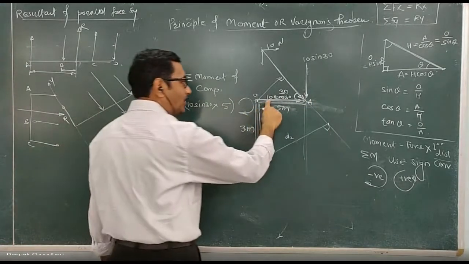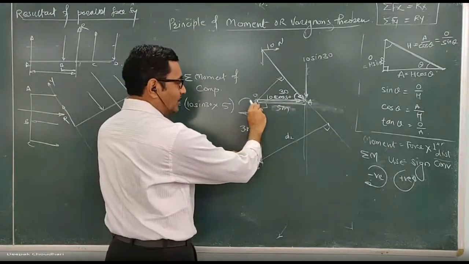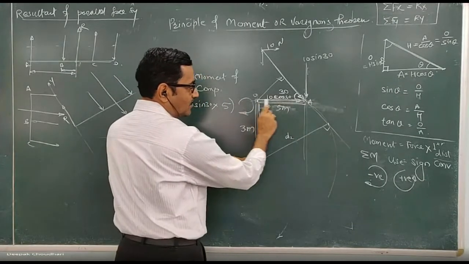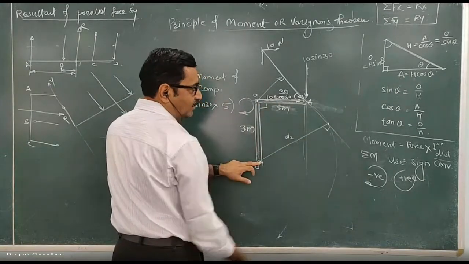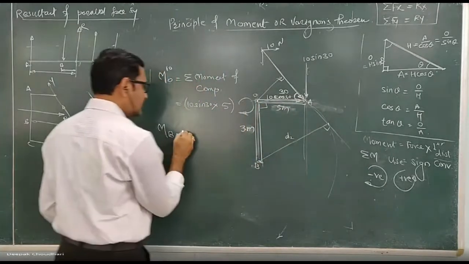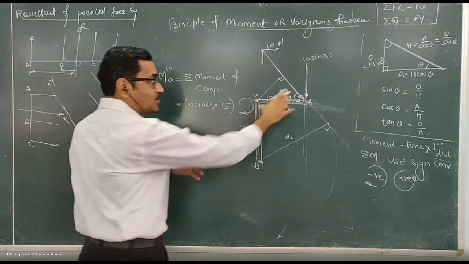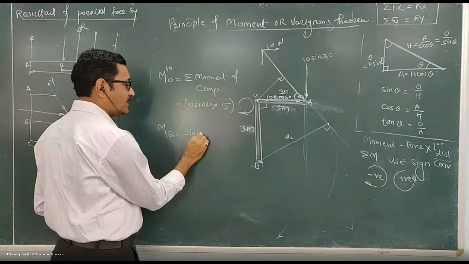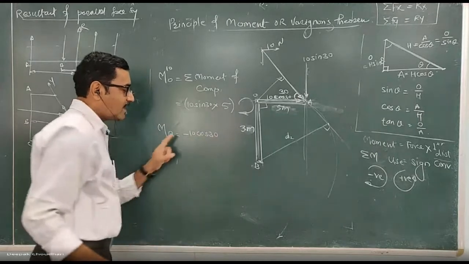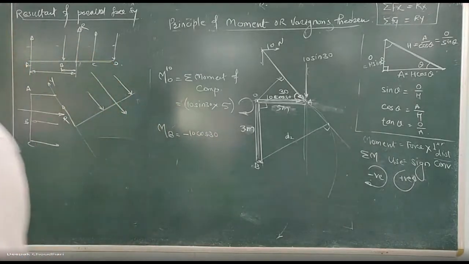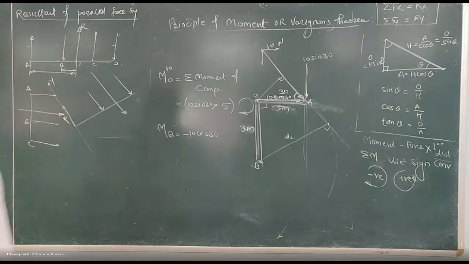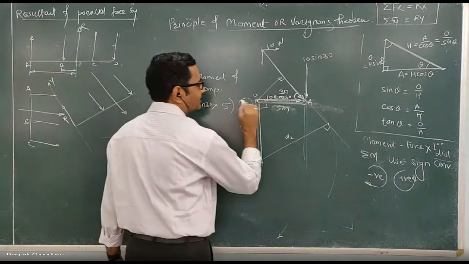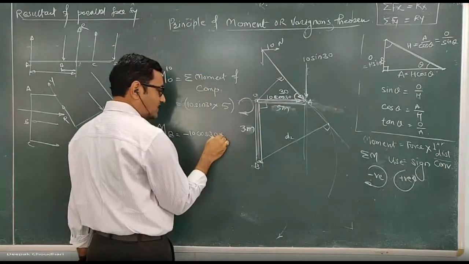Now tell me what is the moment of this 10 cos 30 about point B? It produces a clockwise moment. Move in the direction of the force and turn towards the moment center. The moment center is below that force. Clear? So it is clockwise. Since it is clockwise, it is minus, because we have to take the summation of the moments of these two. So you have to use the sign convention. So it is minus 10 cos 30. Have you understood why it is minus? Yes, sir. Why? Because it's in clockwise direction. Correct. So it is minus 10 cos 30 into, this is the force, into the perpendicular distance.